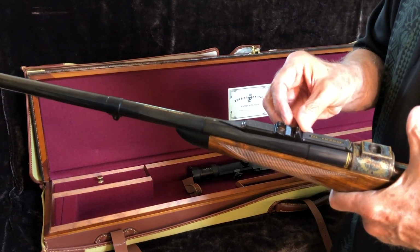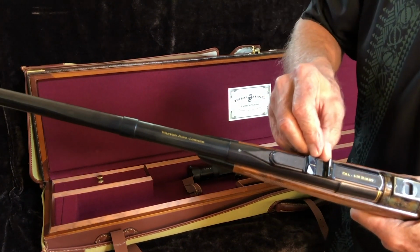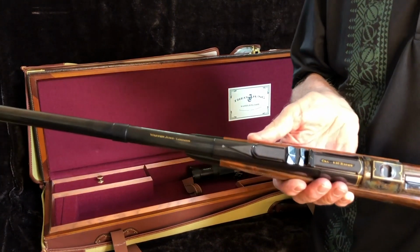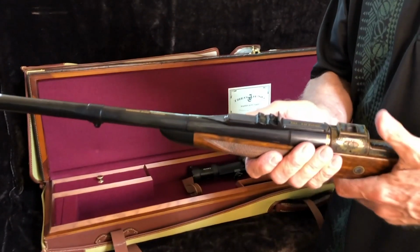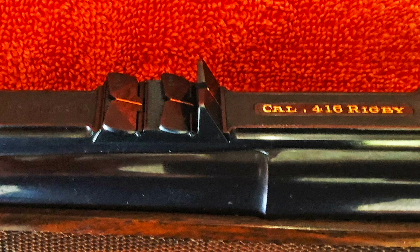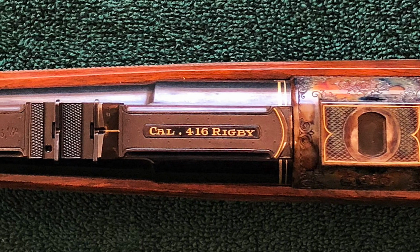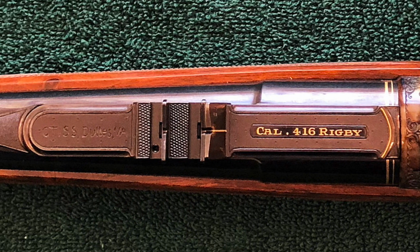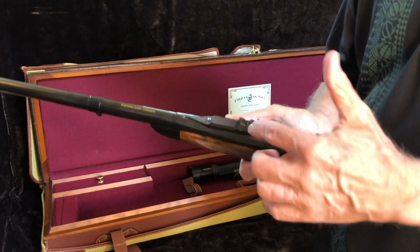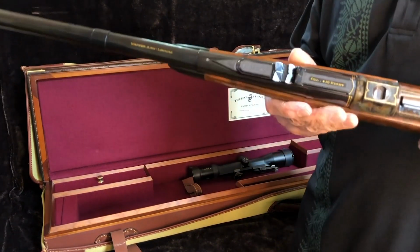Also, the sight base is finely cross-hatched between the leaves. Cross-hatched right here. I've never seen these kinds of handwork details before, not even on my Hartmann and Weiss. As to the quarter ramp, the craftsmanship is just outstanding. Looking at it in profile, it is built up in three levels or three planes of surfaces. From the top view, it is stippled with borders in three sections. The top level carries the express sight in the center, and its surface is finely stippled and surrounded with hairline borders. And between the express sight and the front receiver bridge, there's an inset inscription that reads caliber 460 Rigby